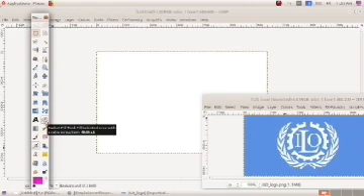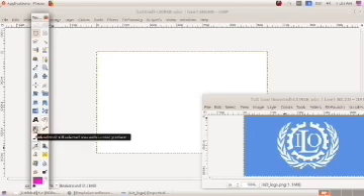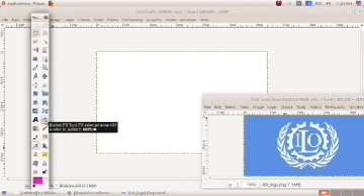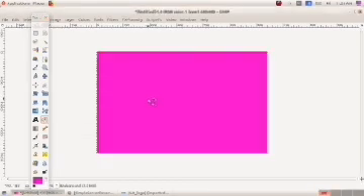For applying this color, the bucket fill tool is used, because to apply a single color, the bucket fill tool is the suitable tool. The blend tool is used for applying gradient color. Note down the difference between these two tools. So click on the bucket fill tool, then click on the canvas.